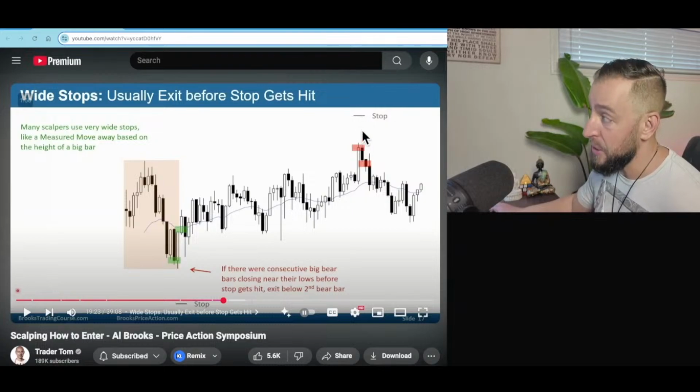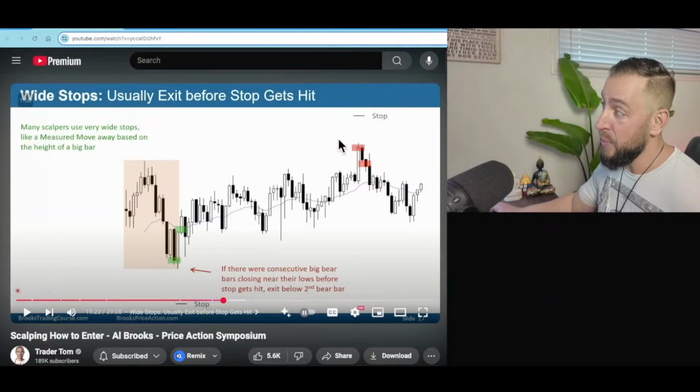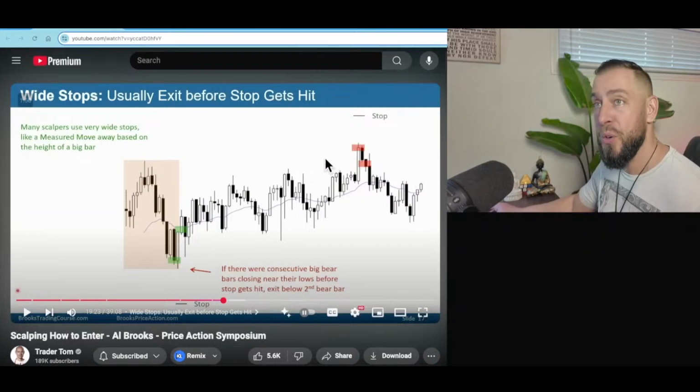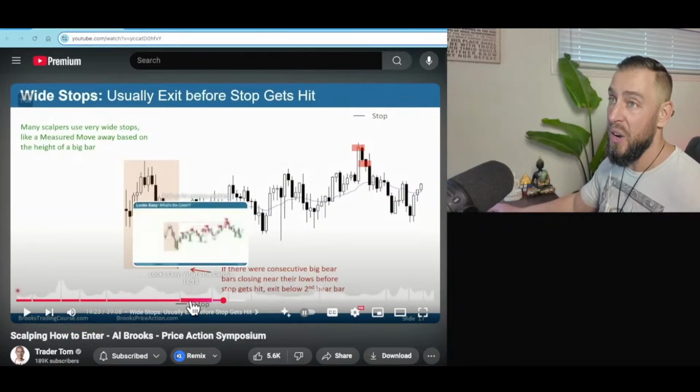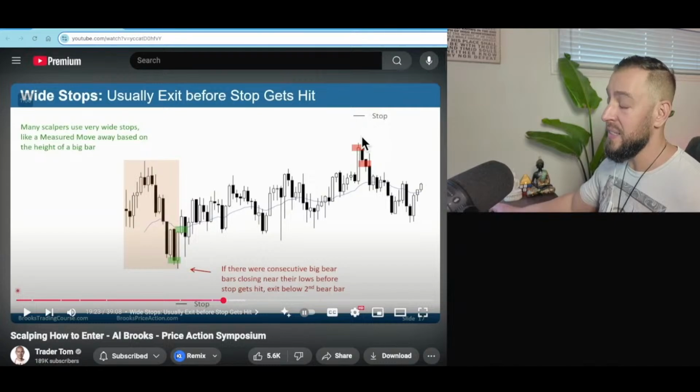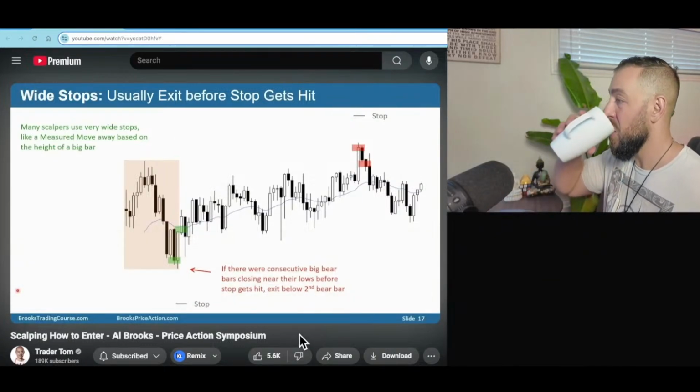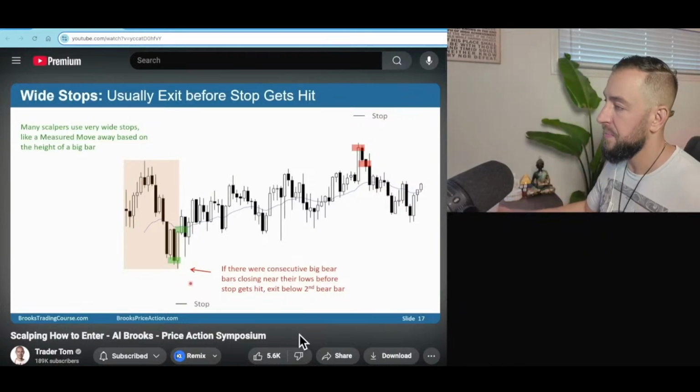But look at his stop. He's using a wide stop. It's all the way up here, which gives the market room to move. And it gives you a buffer in case you're wrong so that you can adjust. Same thing down here. Look, the stop's all the way down here. So I want you to notice that wide stops give you time to make decisions and also give the market room to move so that you can actually adjust. In general, it's better if you have a breakout with consecutive closes below, get out of longs. If you have a breakout with consecutive big bull bars closing above, get out of shorts.